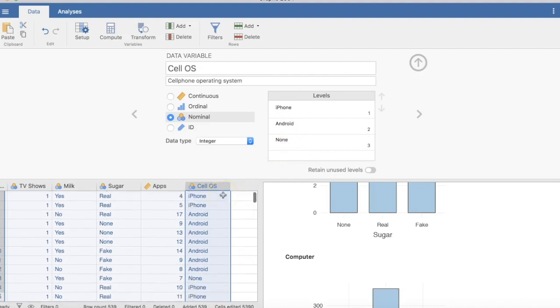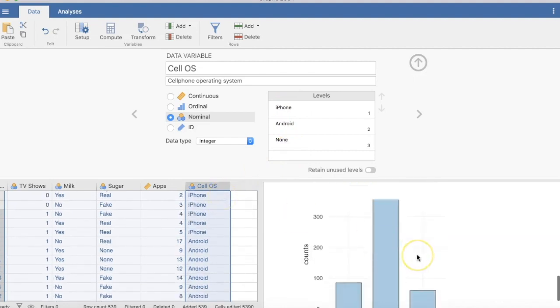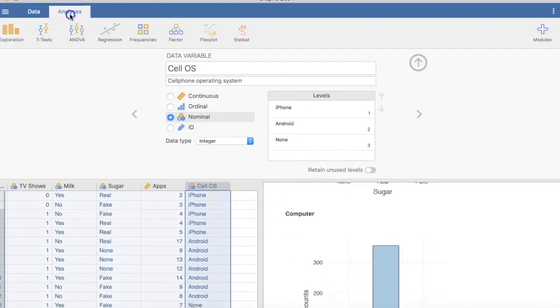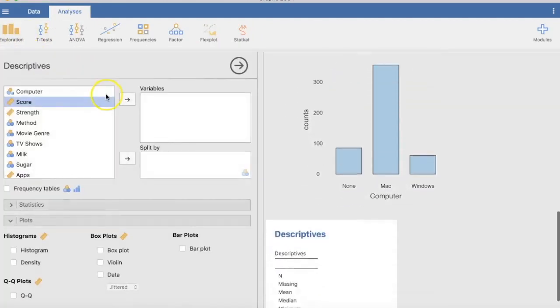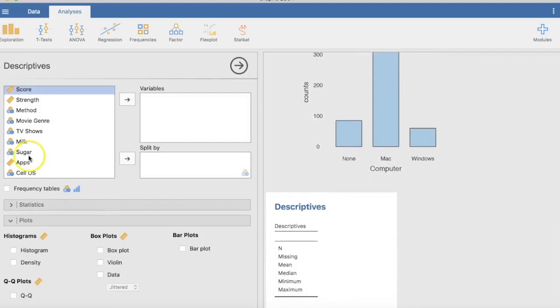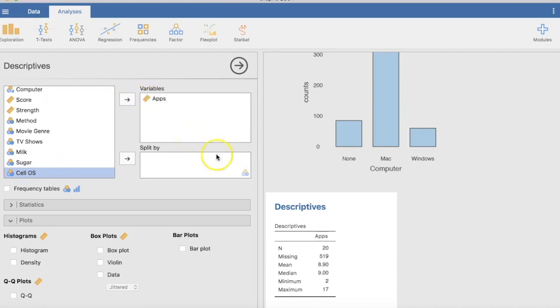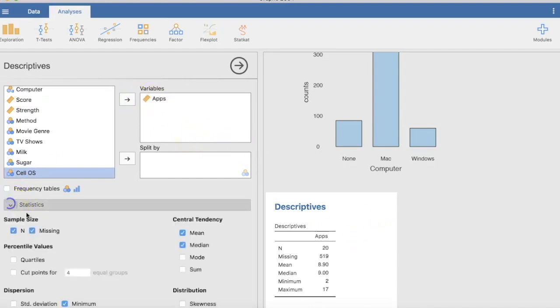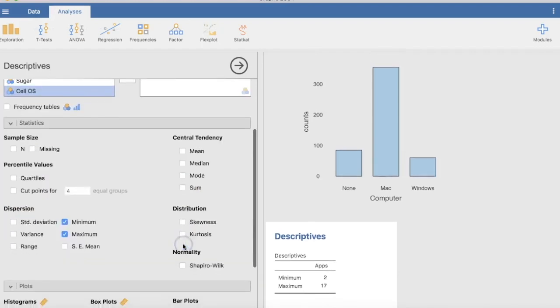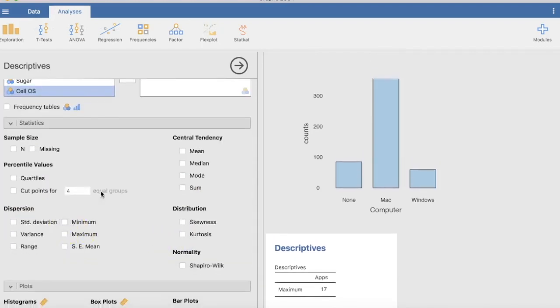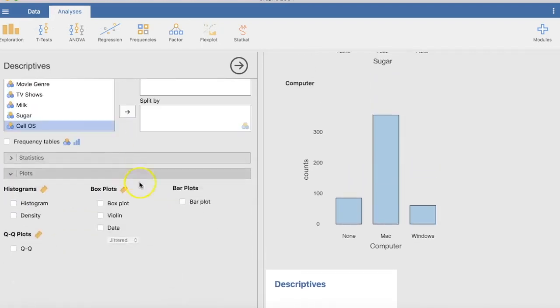So if I want to create a bar chart for this information, I would go to analysis, exploration, descriptives. Remember apps, this little ruler tells you that this is a continuous variable, so I'm going to put it here into variables. It's doing descriptives again. I don't want this, at least not for this chapter. I'm going to uncheck everything. It's by default, so it's not our fault that it's showing. I'm going to check